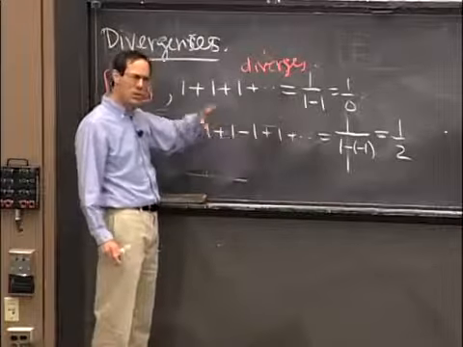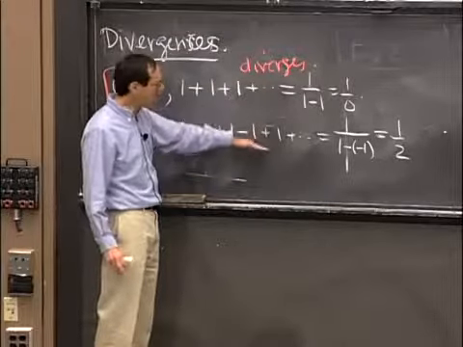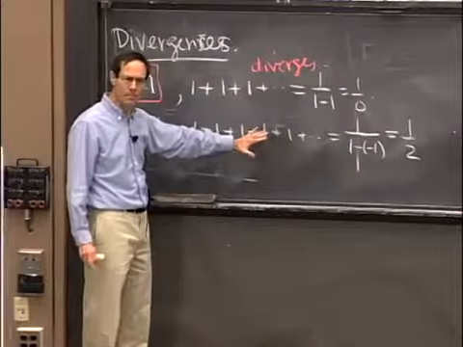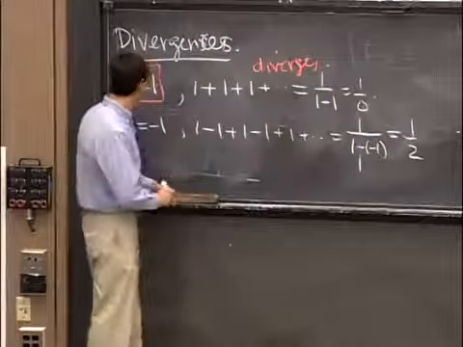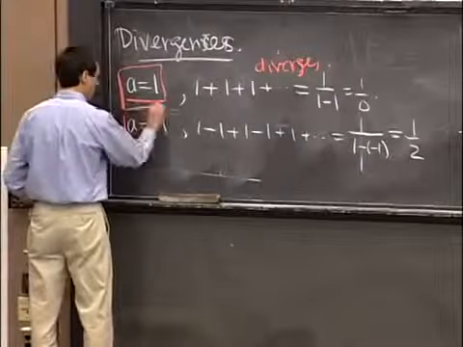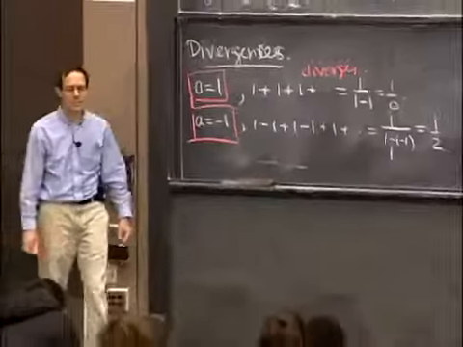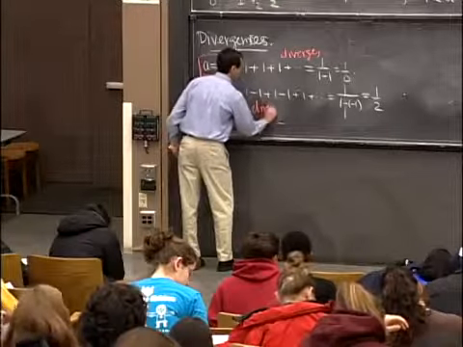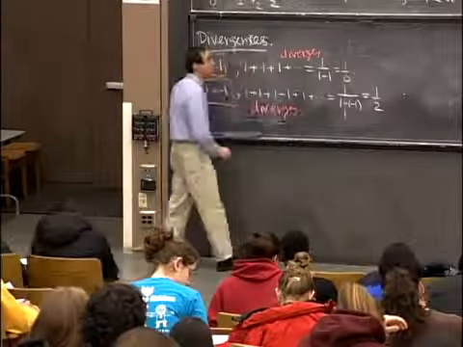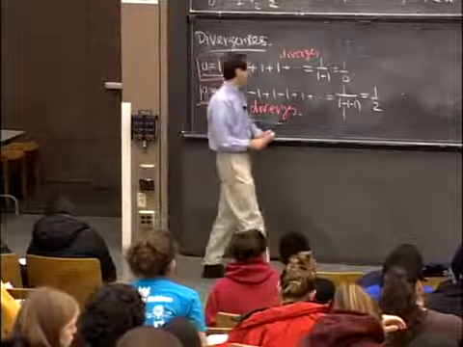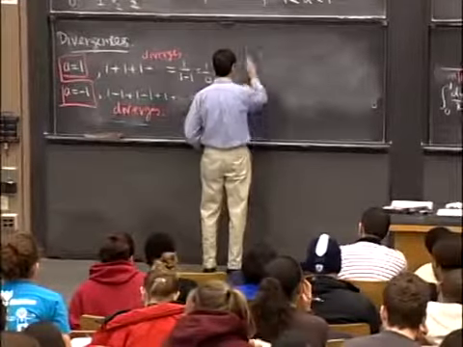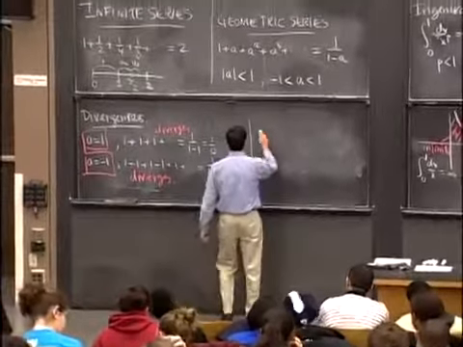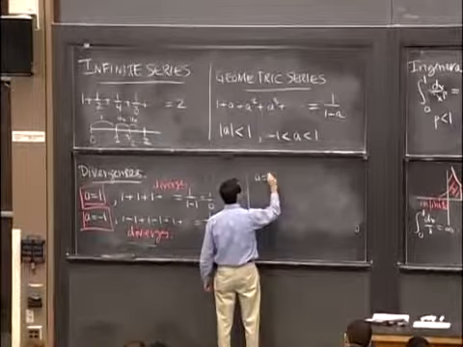So again, there's some sort of vague sense in which this is trying to be this answer. It's not so bad, but we're still going to put this in a red box, because this is what we call divergence. Both of these cases are divergent. It only really works when a is less than 1. I'm going to add one more case just to see that mathematicians are slightly